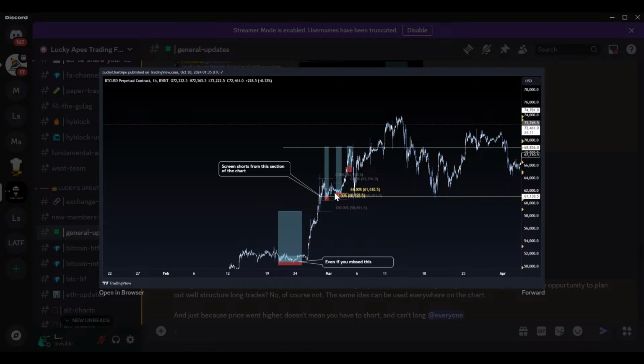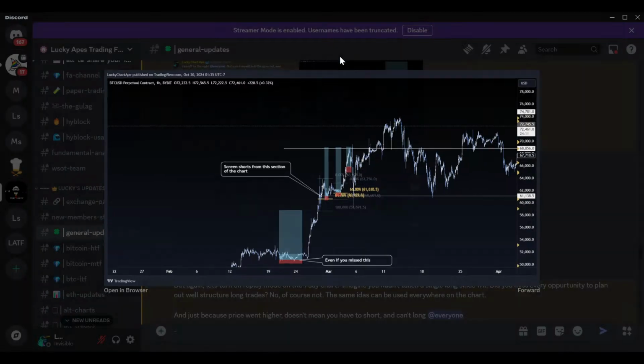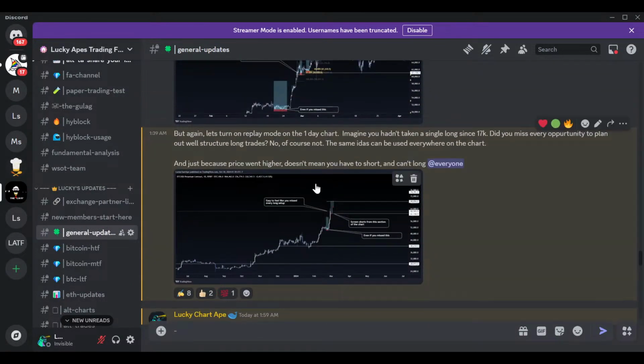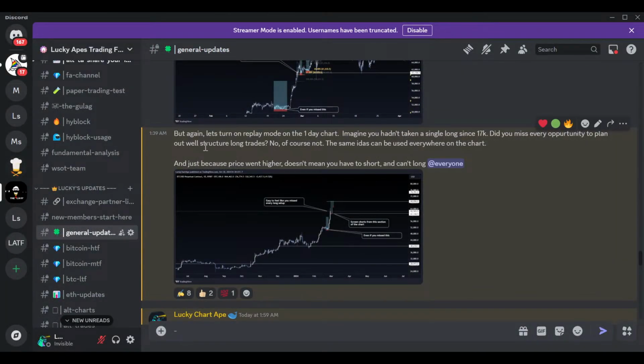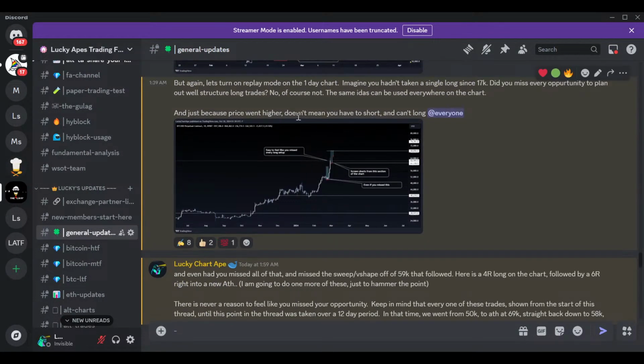And we're going to look at some of these tests of all-time highs on the chart now and what we might look for at this test of all-time highs. There were so many long setups in here. I ran so many long setups. But just to point out, even here on the daily chart, it looks like I've missed all my longs. There were clean technical setups all the way up into these highs. I won't read my little dialogue here, because you get the idea.